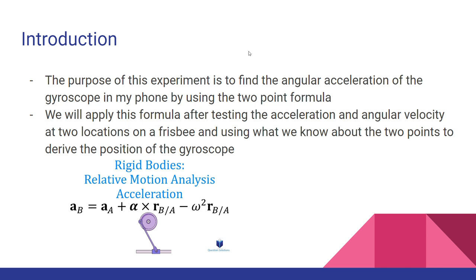Introduction. The purpose of this experiment is to find the angular acceleration of the gyroscope of my phone by using the 2-point formula. We will apply this formula after testing the acceleration and angular velocity at two locations on a Frisbee, and using what we know about the 2 points to derive the position of the gyroscope. The reason I say the gyroscope is because I don't know where that is in my phone, but it is centered at whatever position we're taking. So whatever vector comes in this equation will be inherently defined by that, and we'll find it in the MATLAB